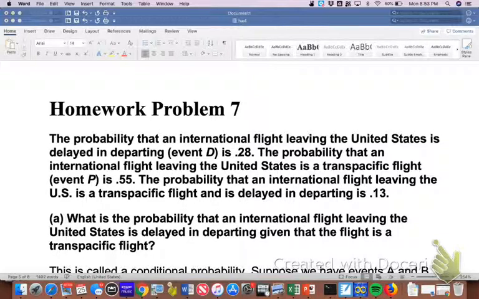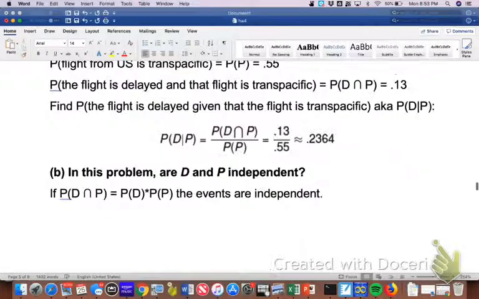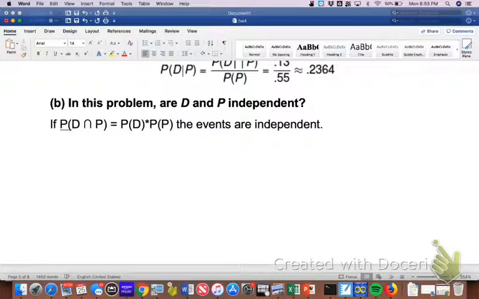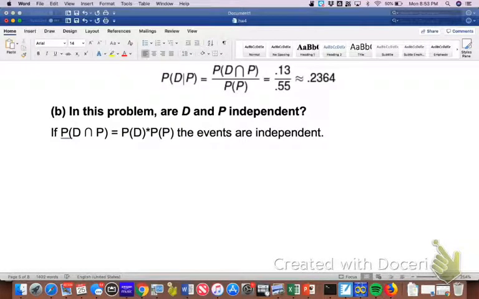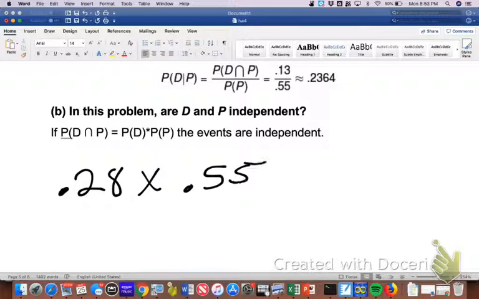Under normal circumstances, the probability of both of those things happening would be just multiplying those two numbers together. That is plain old compound probability. I would just multiply those two probabilities together, and that would give me the probability of both of those events occurring. So 0.28 times 0.55 is